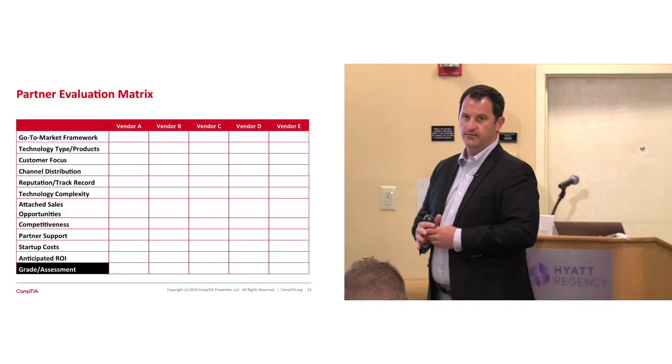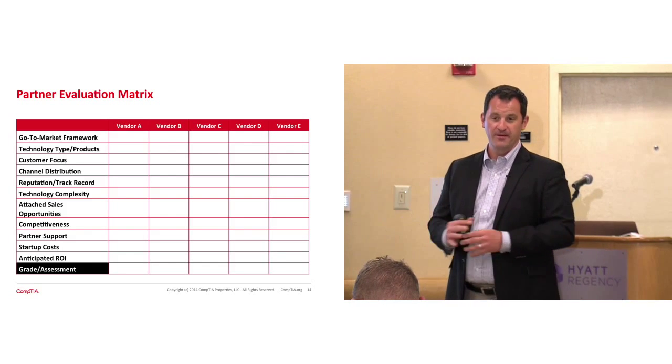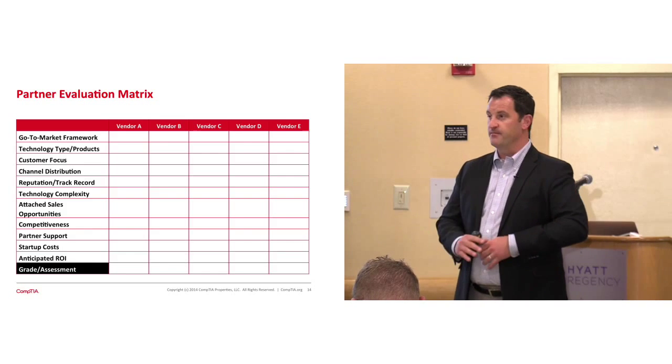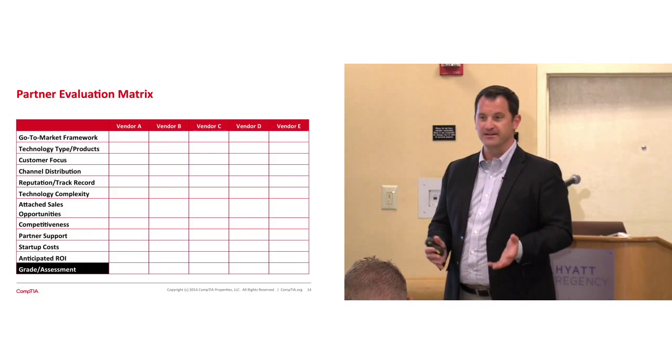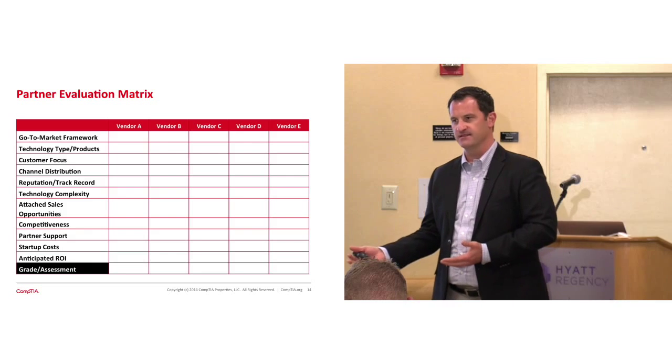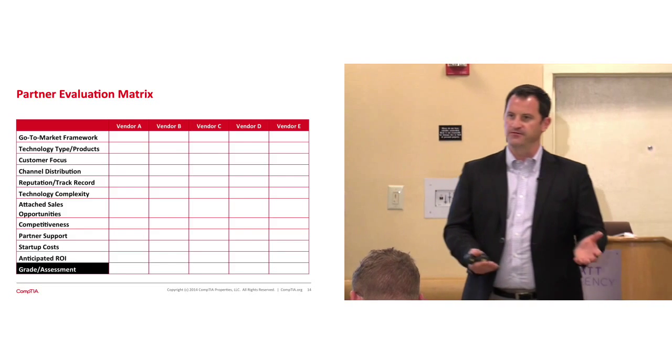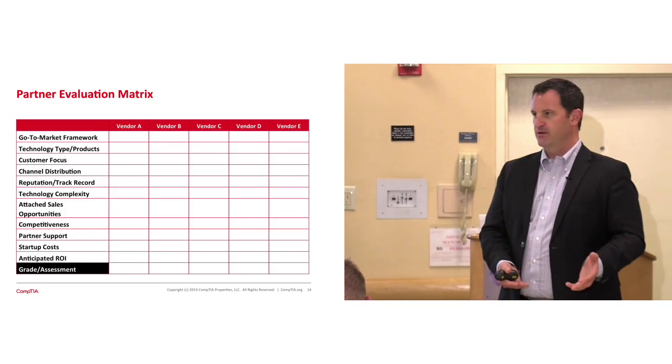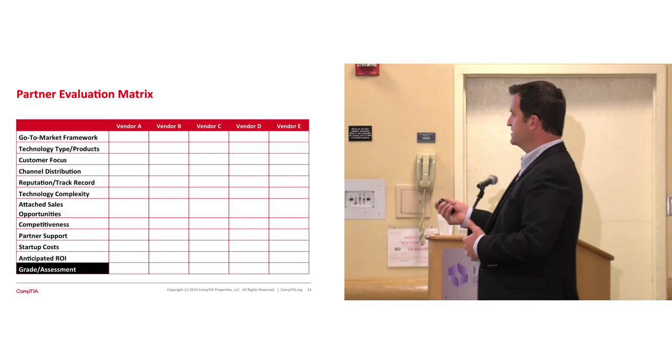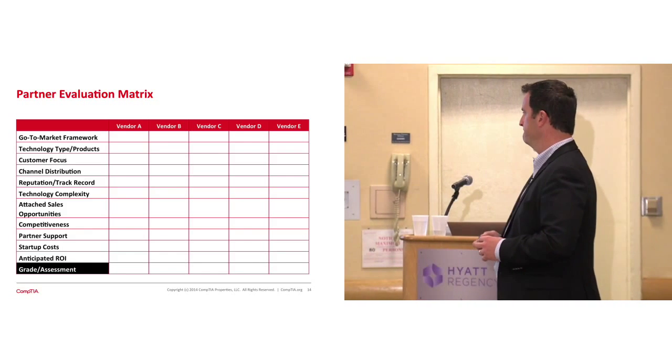Competitiveness is applicable, right? The reality is they can create an amazing partner program, they can create an amazing product and be priced out of your market. The reality is you've got to be able to sell the product. So if it's a $10,000 a month solution and you're going to a florist with 2 PCs, there's a really slim chance you're going to get that deal. So you've got to make sure that it's competitive with your market.